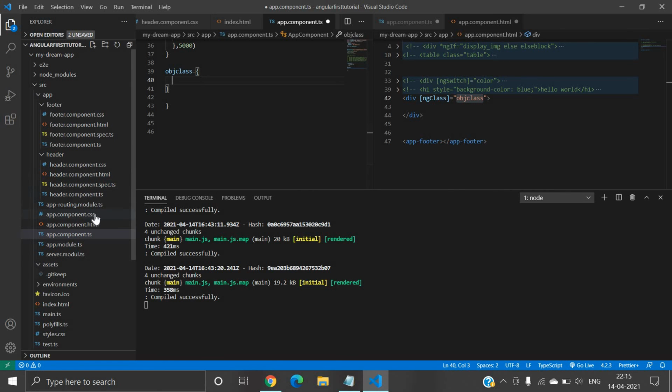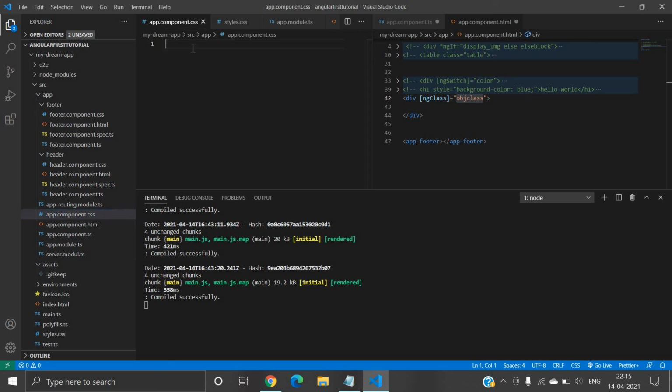First of all, I will go inside app.component.css, and I will create some classes for the ngClass attribute directive. First I will just create a CSS class, nothing Angular specific. You can write any class name.